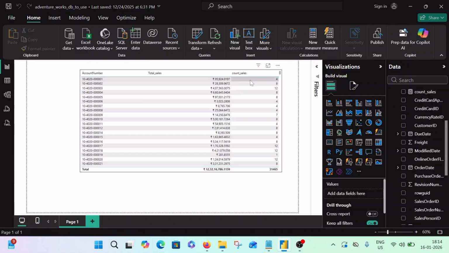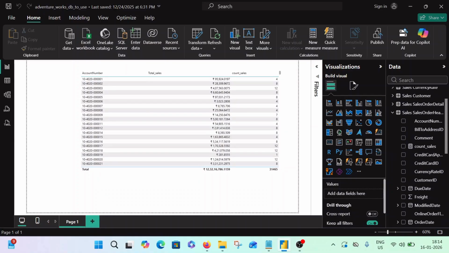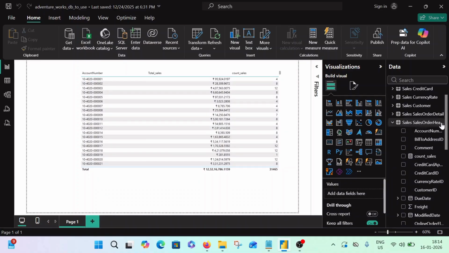So do you understand what we can actually derive from these two things? We can actually derive the average of sales for the particular account. This average we can derive by dividing the total sales by count of sales, and this can happen through a measure again. So let's go and create one more measure,